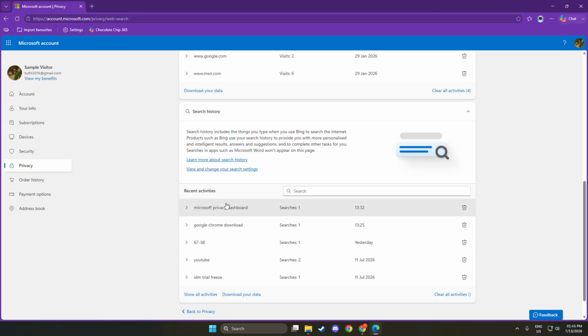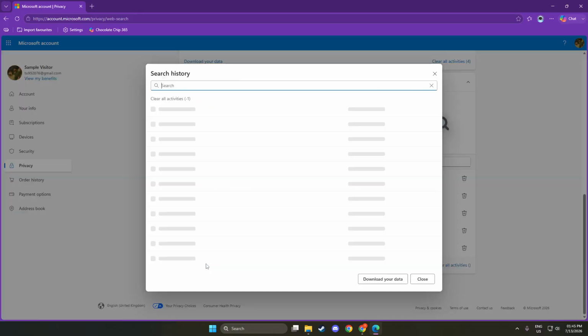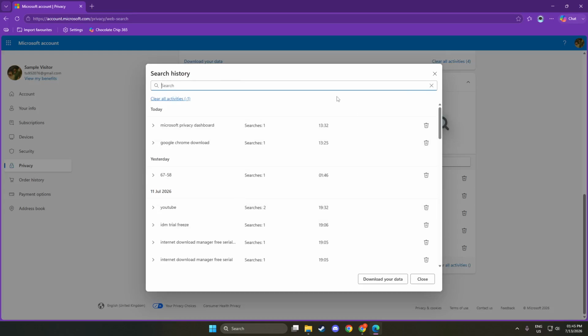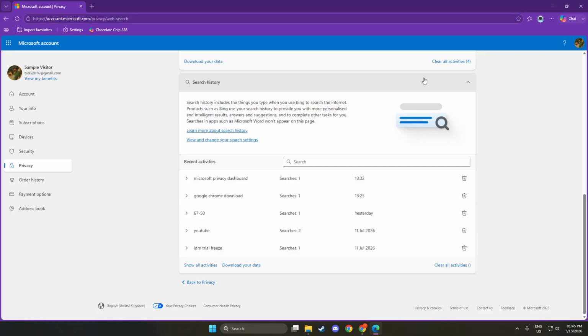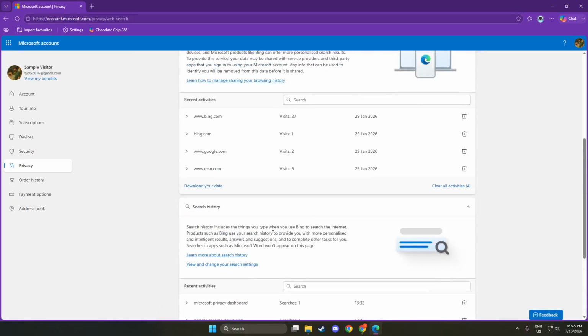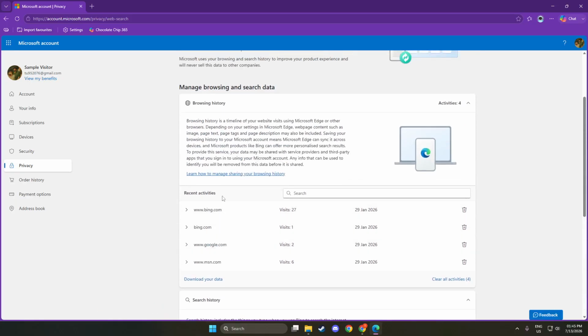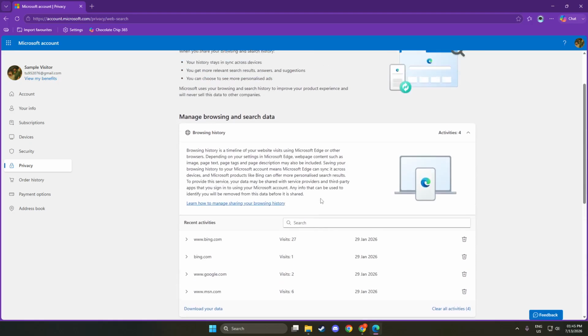You will notice the browsing data updates to reflect only the activities within that time frame. This focused view allows you to pinpoint exactly what you need. You can easily see which websites you visited or searched for during those selected days. This functionality enhances your ability to review your internet usage and make informed decisions about your online behavior.